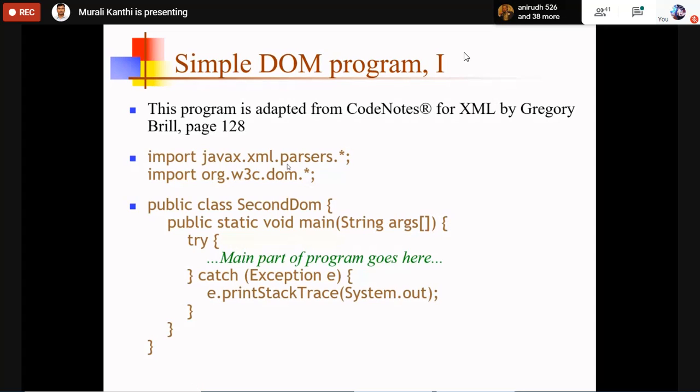So the implementation will be like this: public class SecondDOM, or whatever the class name, then public static void main. You know the try: in the try goes the main part of the program, whatever code you want. Then the catch, which is for exception handling purposes. Okay, try-catch is the syntax for implementing DOM.